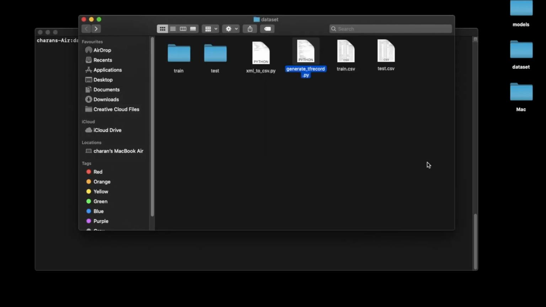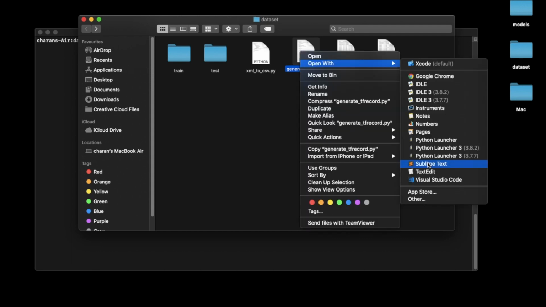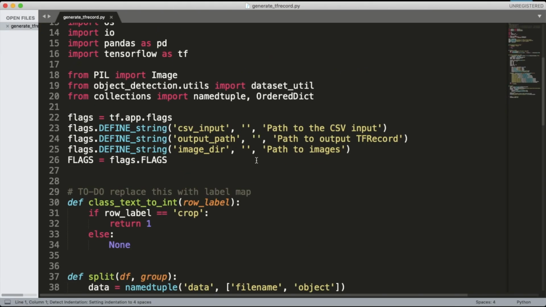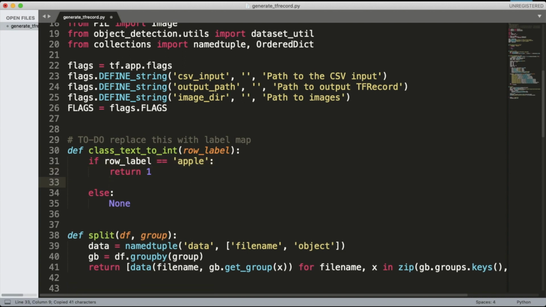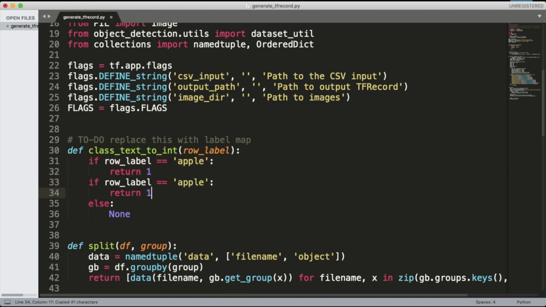Download the generate_tfrecord script from the download link in the description. Move the script to the dataset folder and open it in any text editor. Go to the function named class_text_to_int and change the row label to the label which you used while labeling the data.